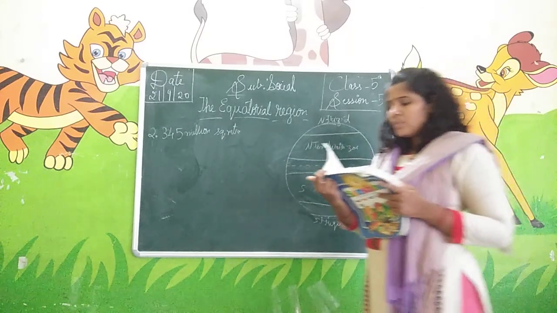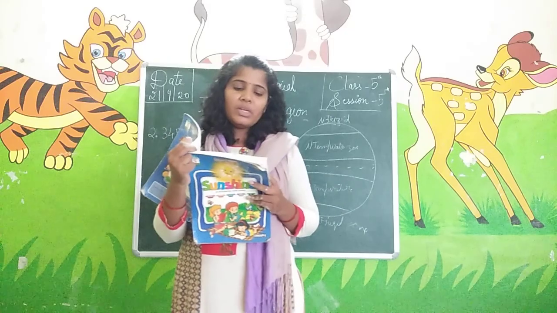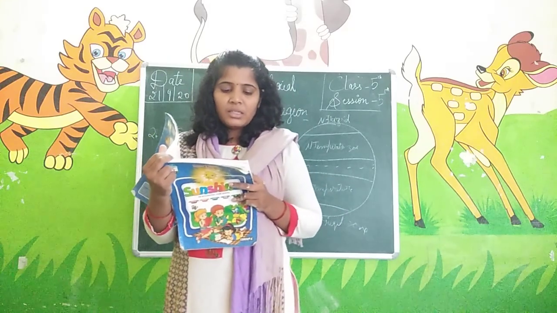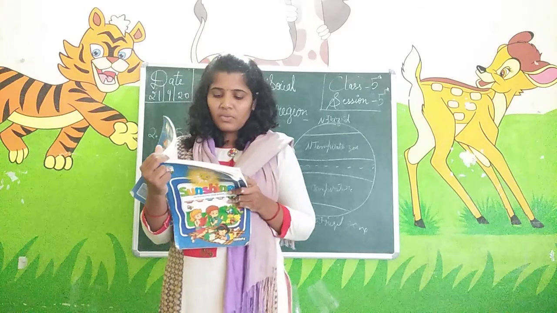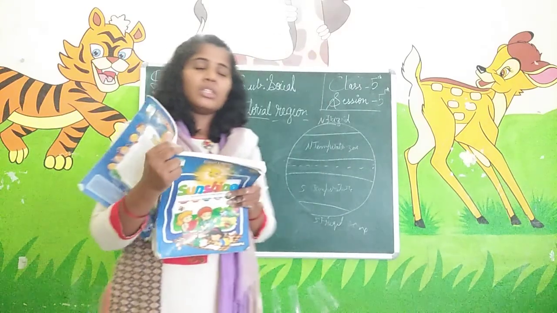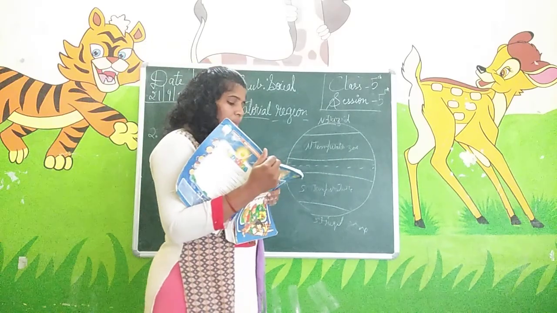Cities. About one third of the total population lives in towns and cities. One third of the people will live where? In towns and cities. The capital city Kinshasa is the largest city, with a population of more than 1 million. Okay, Kinshasa is the largest city. The population of this city is more than 1 million.